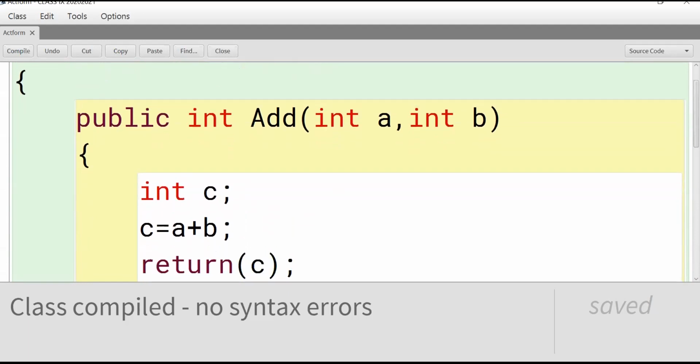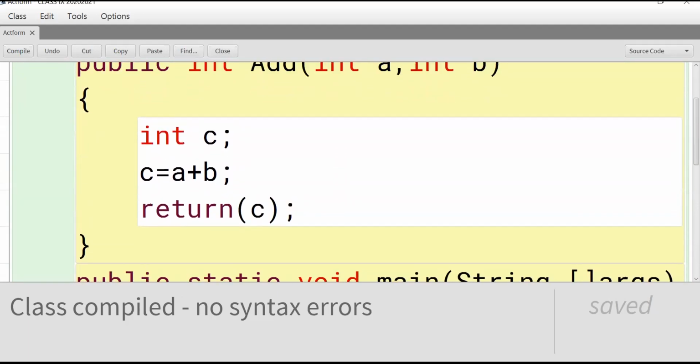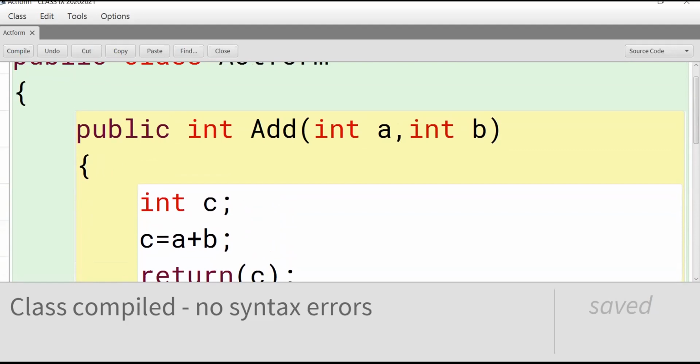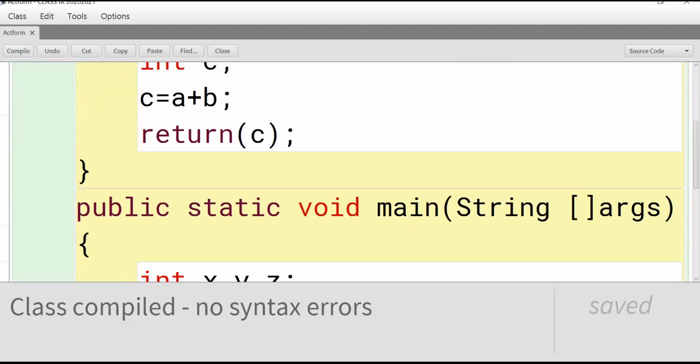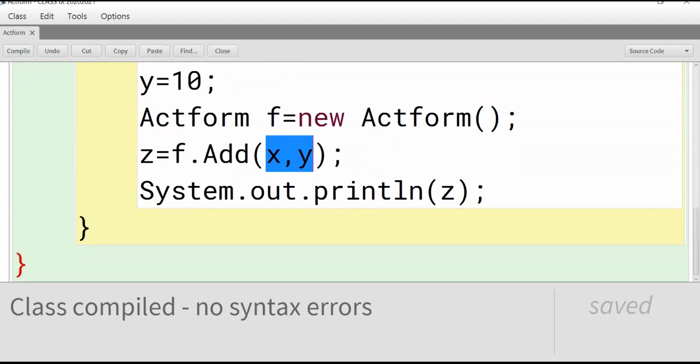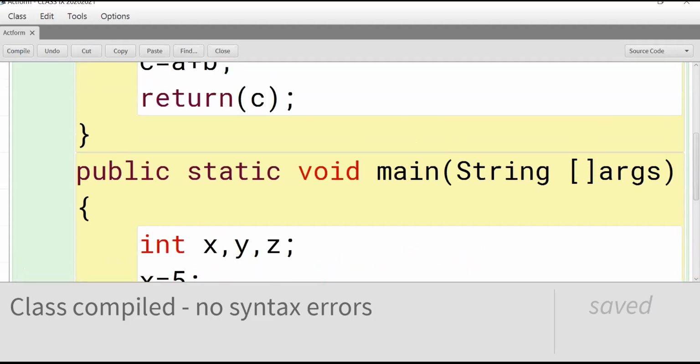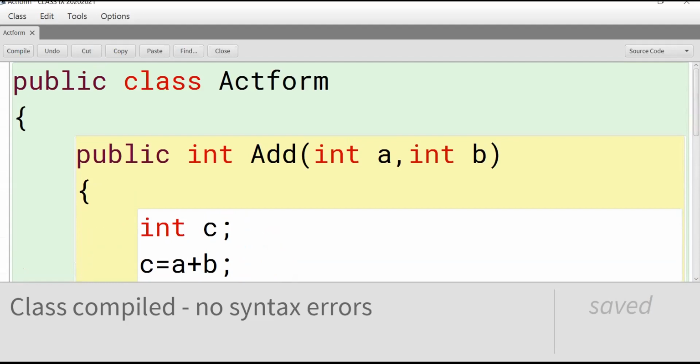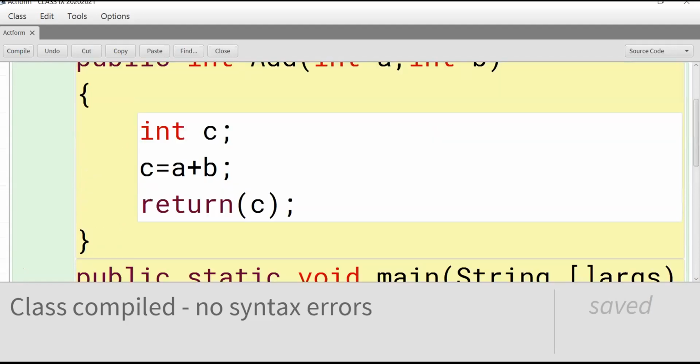The parameters which are declared in the method header or function header are known as formal parameters, whereas actual parameters means the values which are passed to the method at the time of call from the main function. So this is the difference between formal and actual parameters. You have to write an example compulsory, formal and actual parameters.